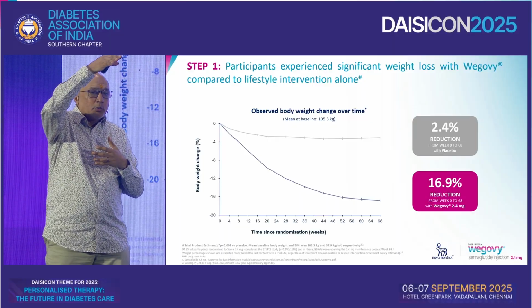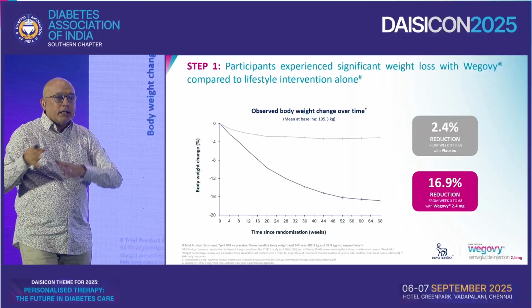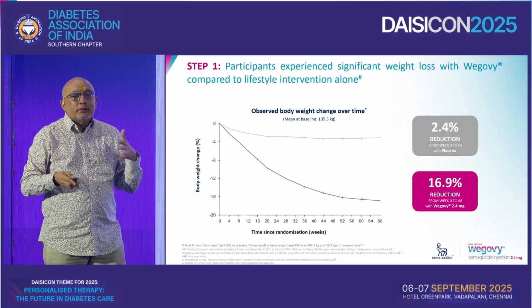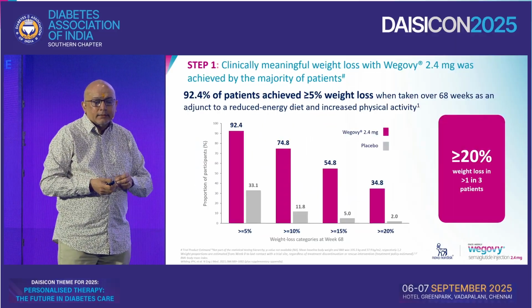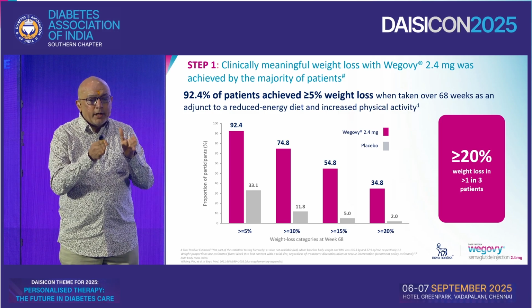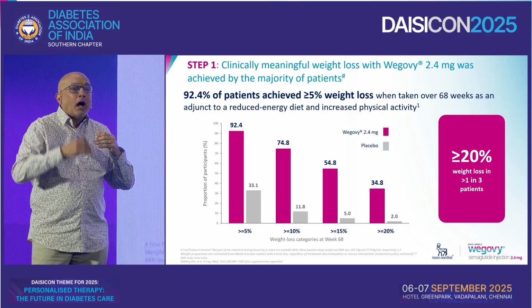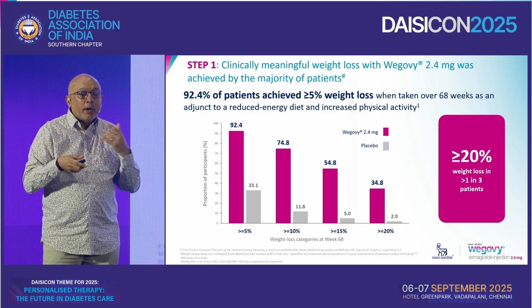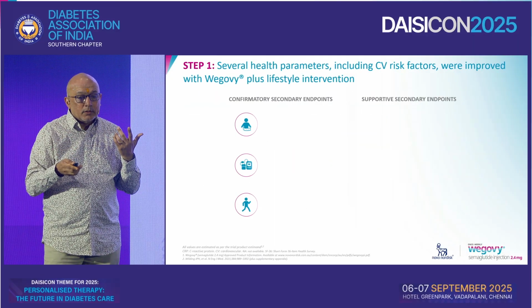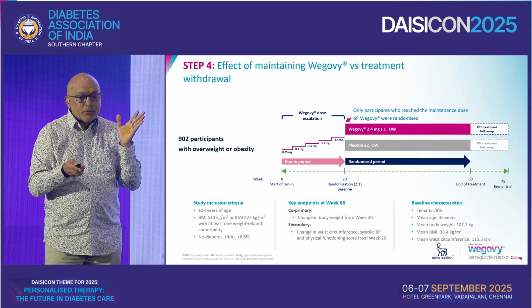But over a period of time, what you want to remember is that even some weight loss is good, and a continuum of weight loss is better. The benefits accrue with each amount. At the level of 12 to 15%, your beta cells are functioning as if there is no weight or load on them. The second thing is that with these drugs, weight loss occurs in a majority of patients, and a significant number of patients get higher amounts of weight loss. So up to 20% of patients with these drugs will have a weight loss of 15 to 20% or more. This automatically means many of these supportive endpoints come down, but I want to spend time on it.